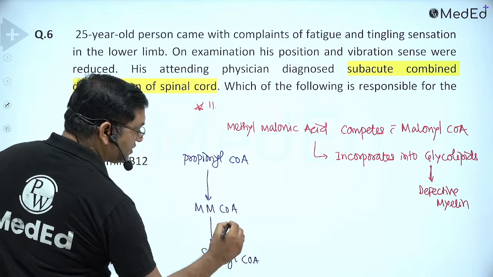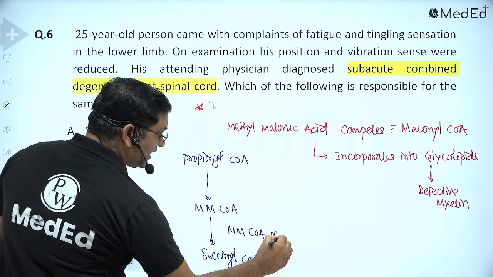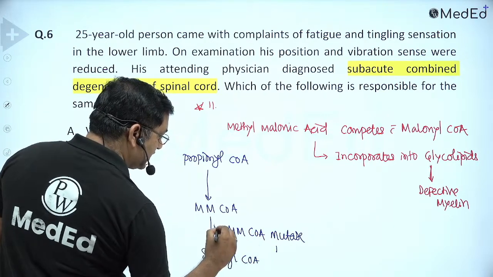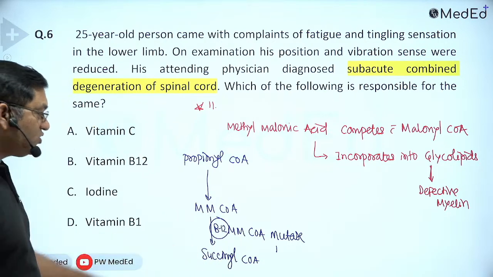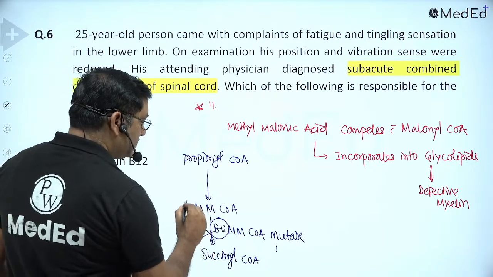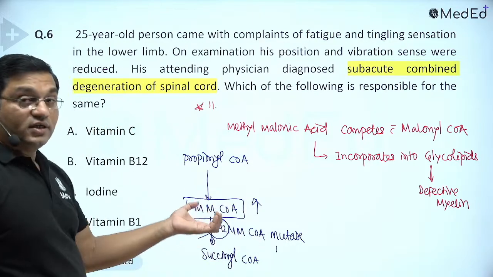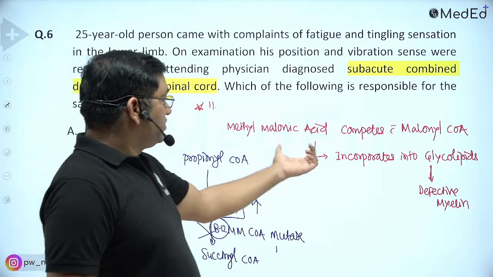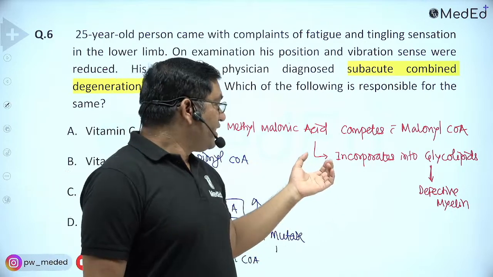So this reaction, methylmalonyl coenzyme A mutase, is catalyzed by B12. If there is deficiency of B12, this is accumulated and excreted in urine. Whenever there is increased level of methylmalonic acid, it competes with the malonyl coenzyme A, and it